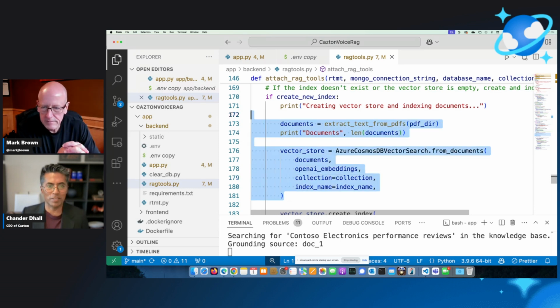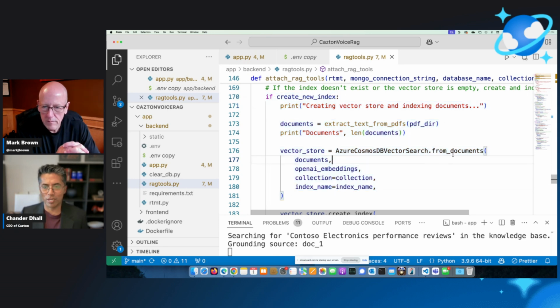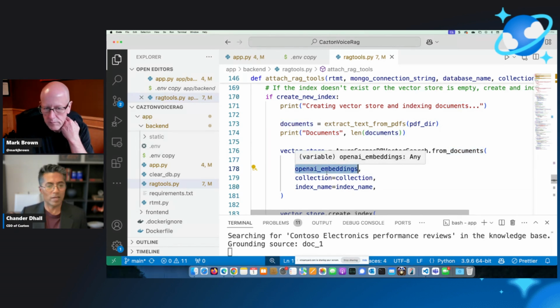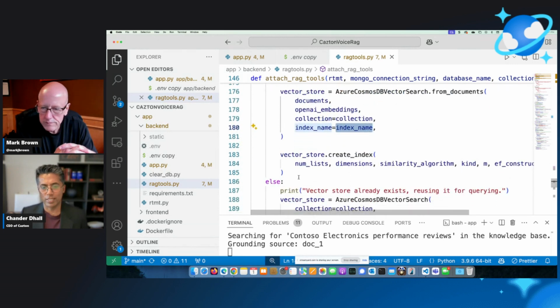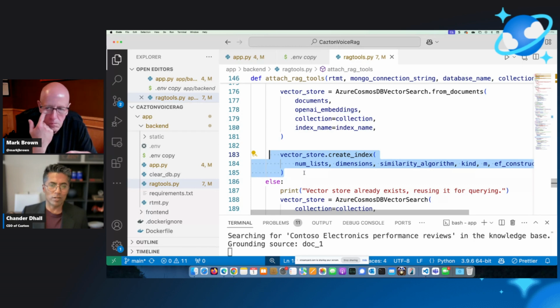And then finally, here's where we create the new index, as you can see. Keep in mind, you've got to push everything that you have: the documents, the embeddings, and we say OpenAI embeddings, but in this case it is Azure OpenAI embeddings with the same OpenAI models behind the scenes. You've got the collection and the index name, and this is where you create the index. When you start working on it, definitely go to MongoDB Compass or whatever tool you're using, or Azure tools, to make sure that your index actually exists. Only start querying when the index actually exists.